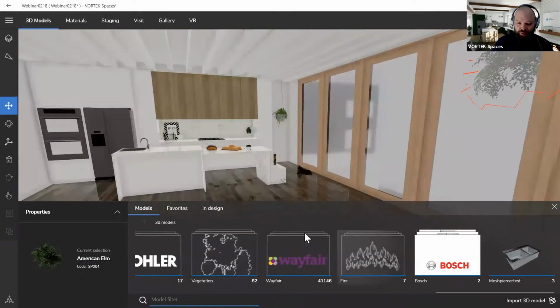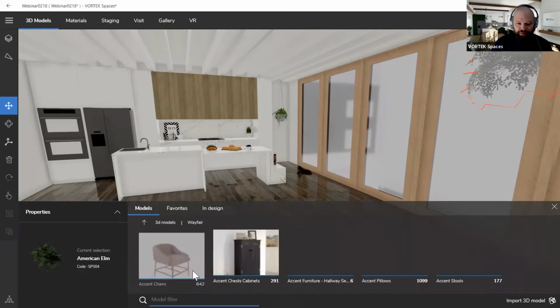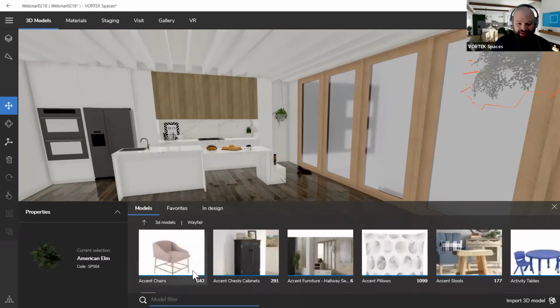We have in here the whole Wayfair catalog. That's over 40,000 different models that you can use in your projects. So that Wayfair catalog, basically we're synchronizing it with the Wayfair website. So typically if you see something there, you should be able to buy it on their website. You will see the link as well. So for example, if I go there and just look for a stool,